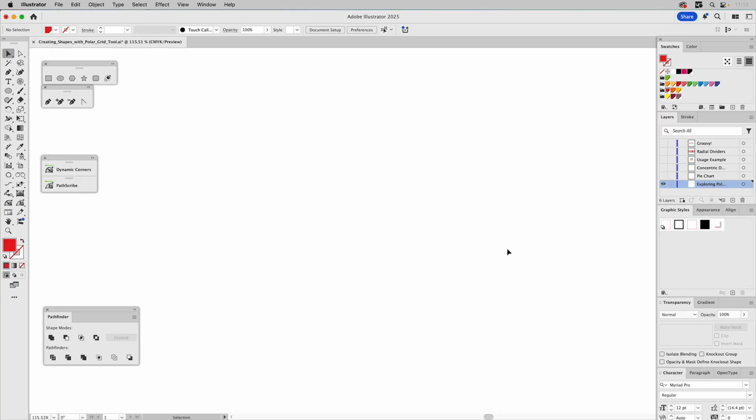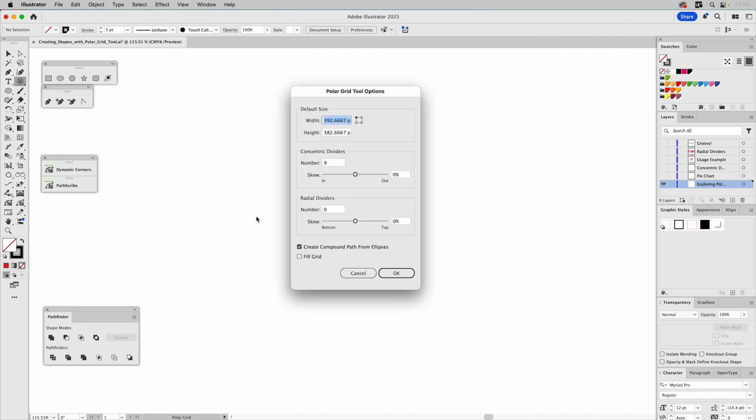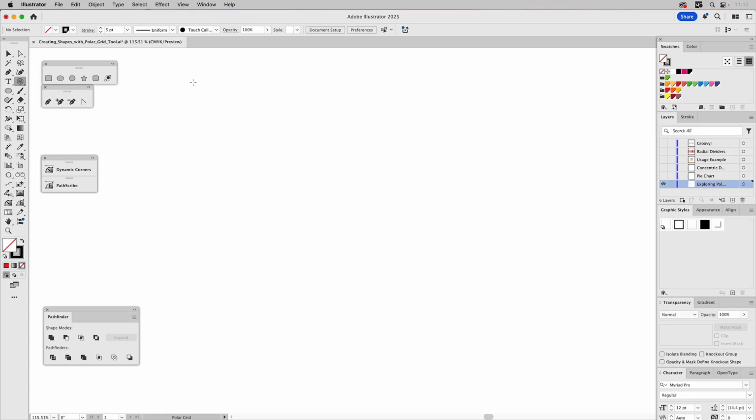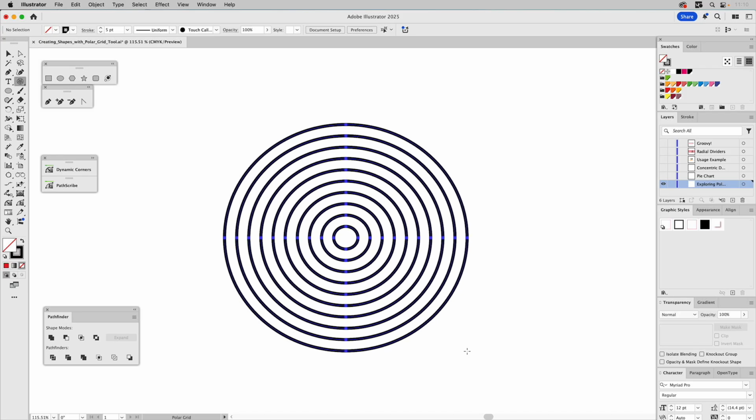So I just wanted to show you that. I just wanted to explain that and how you can control it again with the Polar Grid. One last time, when you create, and again, I forgot to turn this off. This is why by default I usually have this off. I'm going to use this tool. Then again, I haven't used it in over a decade, so I forget a lot of this stuff until I use it again. So if I'm creating a shape like this, again, to control the concentric, that's the elliptical divider